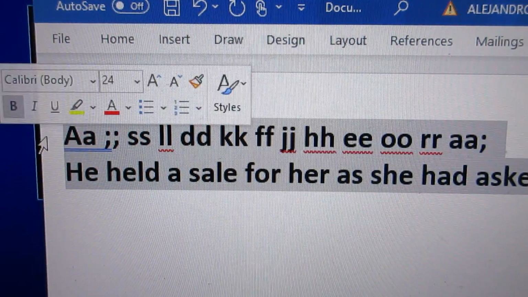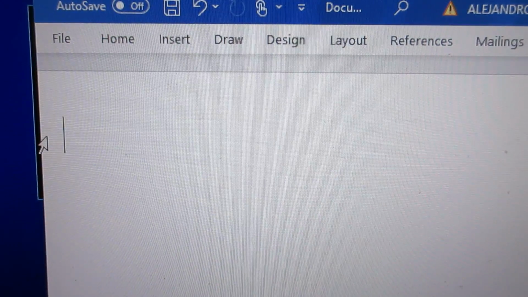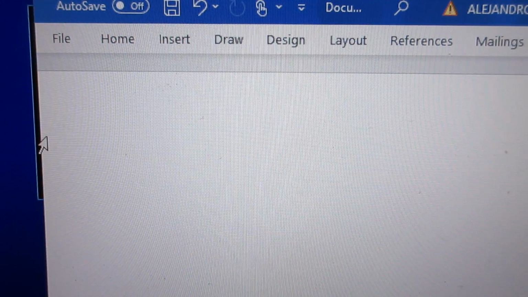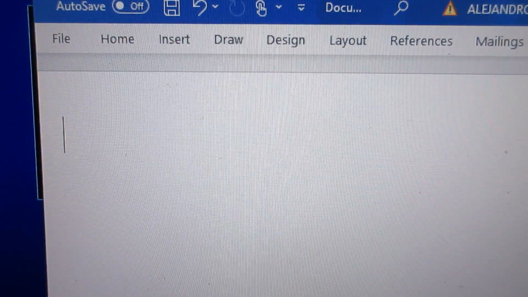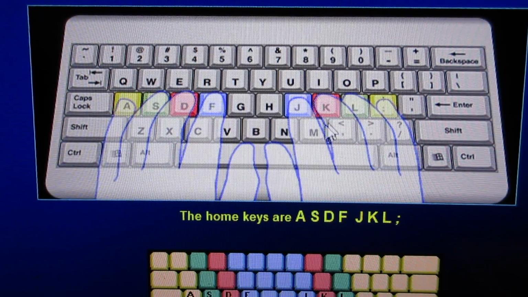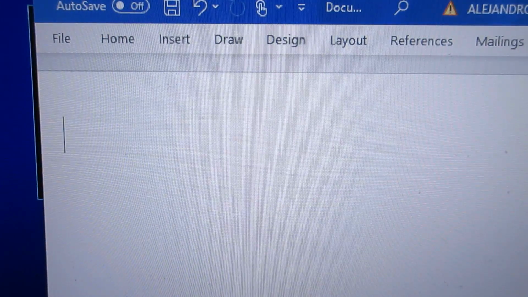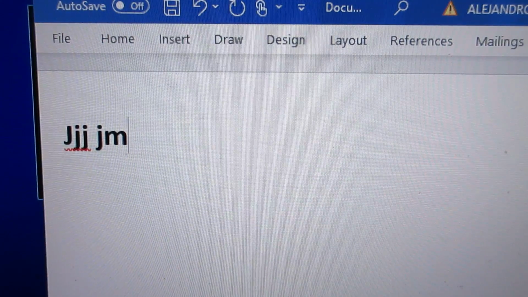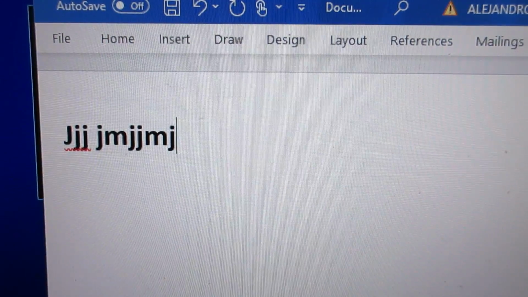so now let's do the M key. Okay, M key. The M key. You use the J finger to hit the M key. J, the first finger on your left hand, to hit the M key. Okay, so it goes like this: J, J, J, J, M, J, J, M, J, M,